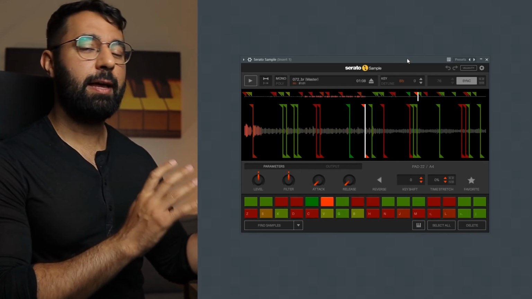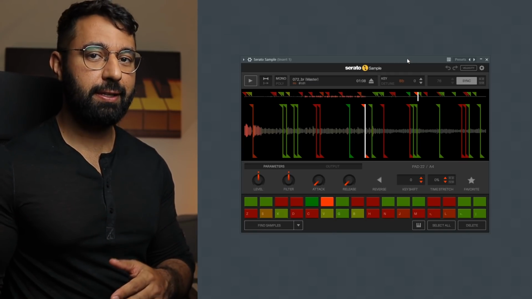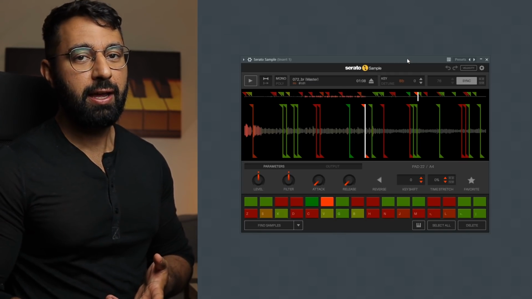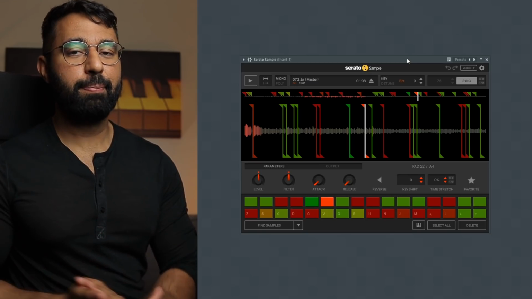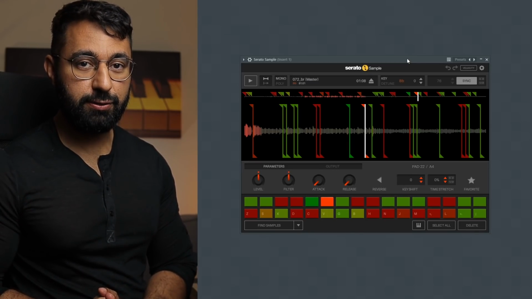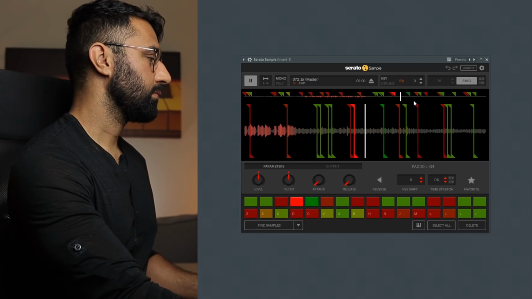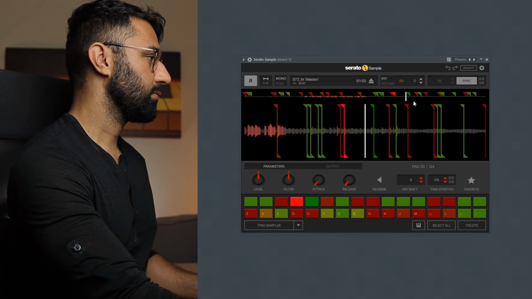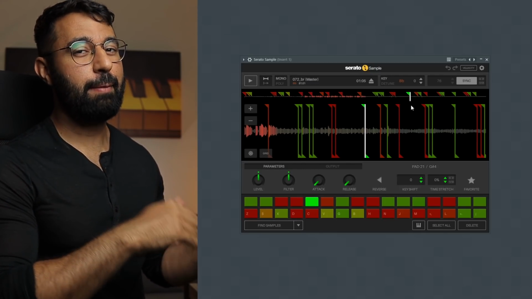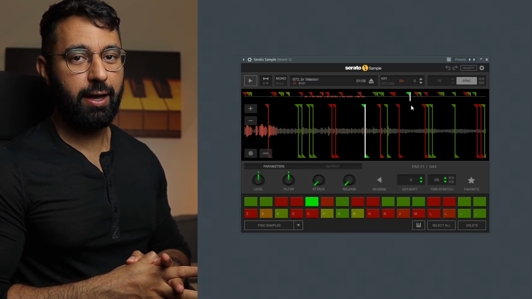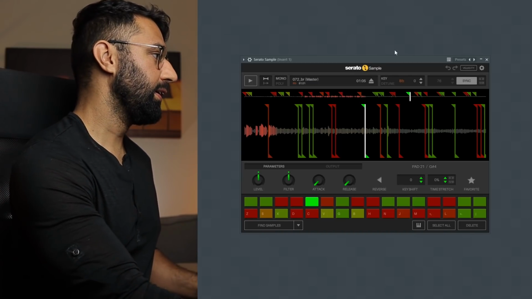This is exactly what allowed me to build all the different sections of my beat, my main loop, my hook, and my bridge. I just used different parts of this sample. So for example, for the hook, I used this part that was a bit more dense here. And the same thing with my bridge. I did a bit more of an advanced technique where I took this one part of the sample right here.